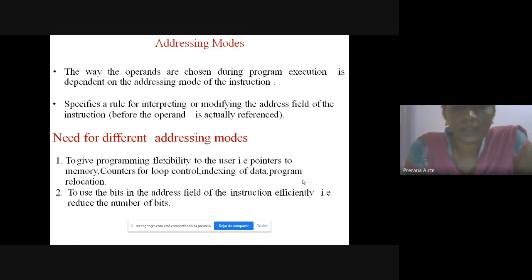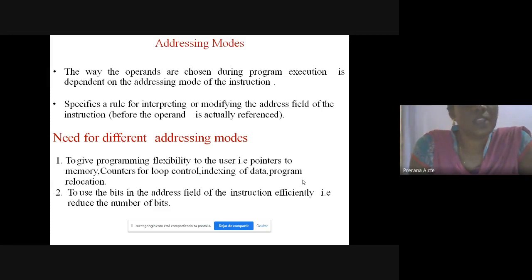And coming to addressing modes. Addressing modes are used for selecting an operand from memory depending on the different addressing modes. The way the operands are chosen during program execution depends on the addressing mode of the instruction.